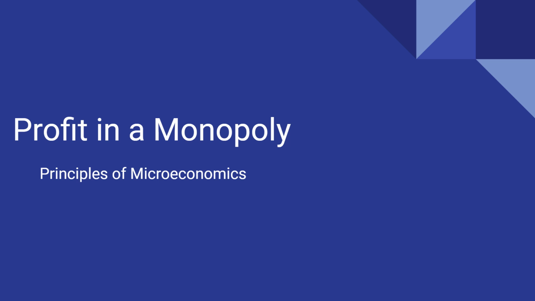In this video, we're going to talk about how a monopoly firm can choose its profit maximizing level of output and price. The basic principle underlying profit maximization for monopoly is exactly the same as it was when we discussed this in perfect competition. In determining whether to produce an additional unit of output, a firm compares its marginal revenue